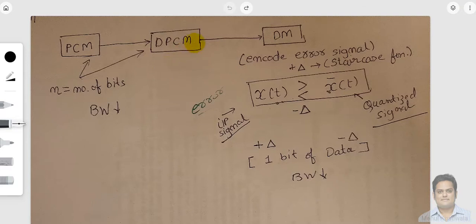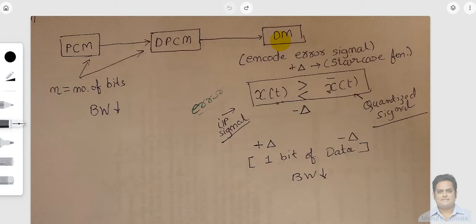Still, we are using a huge amount of bandwidth even in this scheme. So we have come up with one more idea, one more technology, which is known as DM, or delta modulation, right?